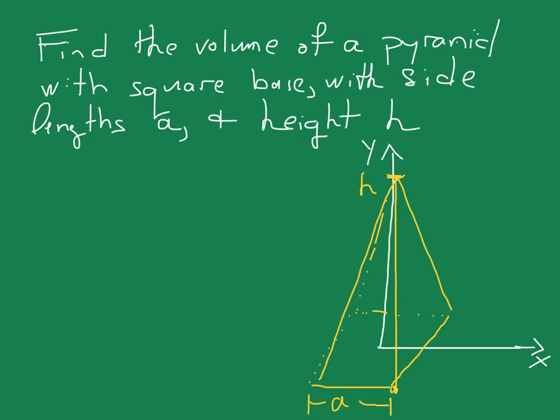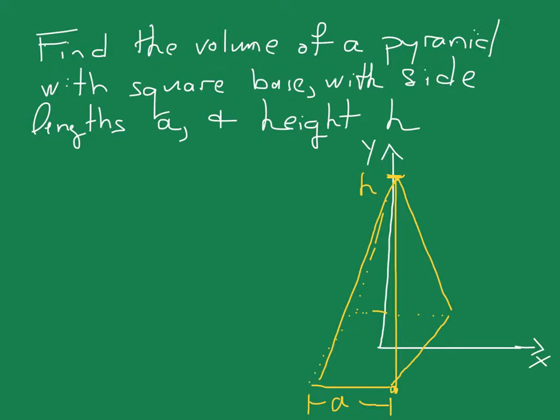So in this video, I'm going to complete the example that we started in class. And what are we supposed to do here? Well, we're supposed to find the volume of a pyramid with square base with side lengths a and height h. Okay, well,